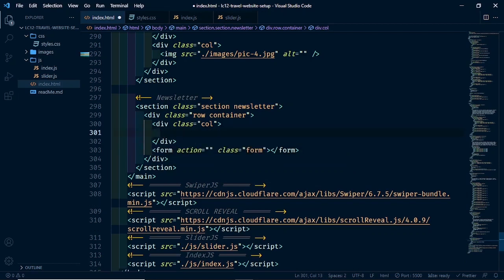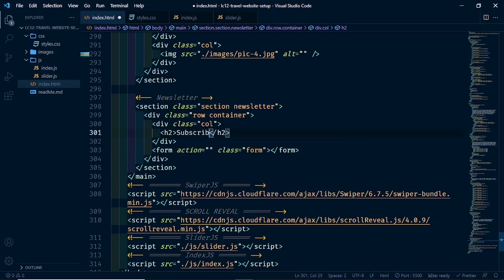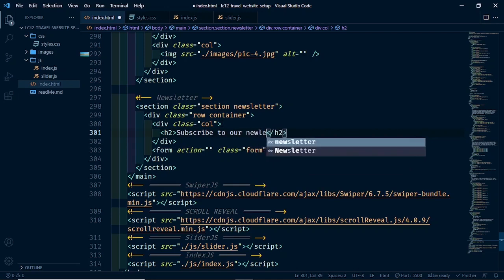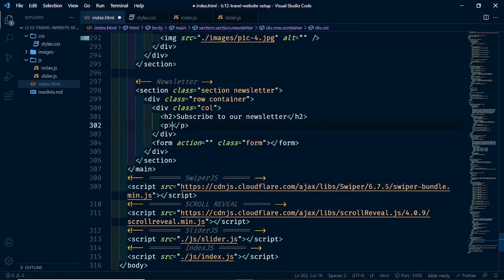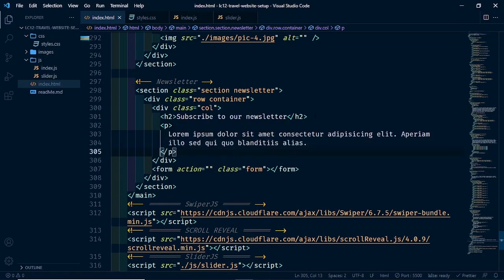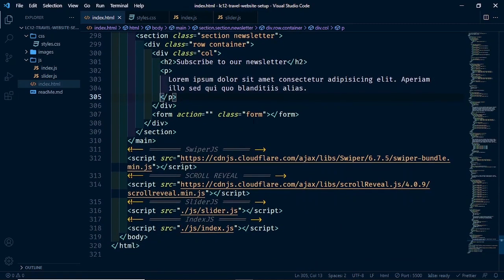So in the first column, let's have an h2, and here let's say subscribe to our newsletter. Then under the h2, let's have a paragraph. Let's give it lorem of, let's say, 15. Then let's go to the form. Within the form,